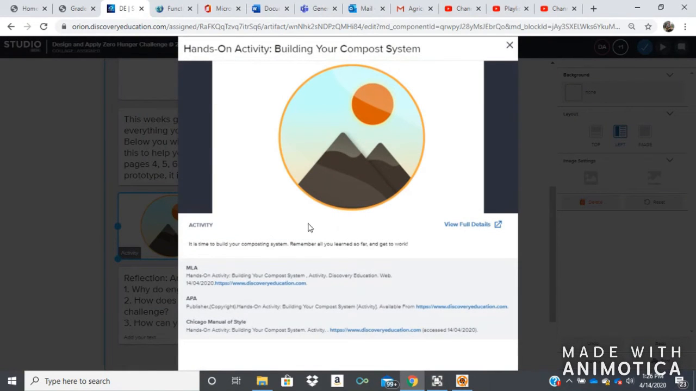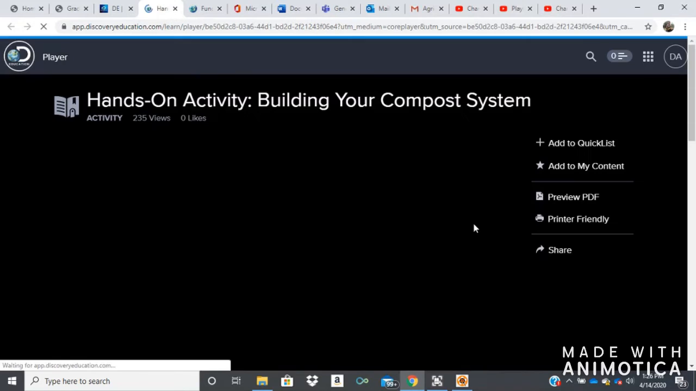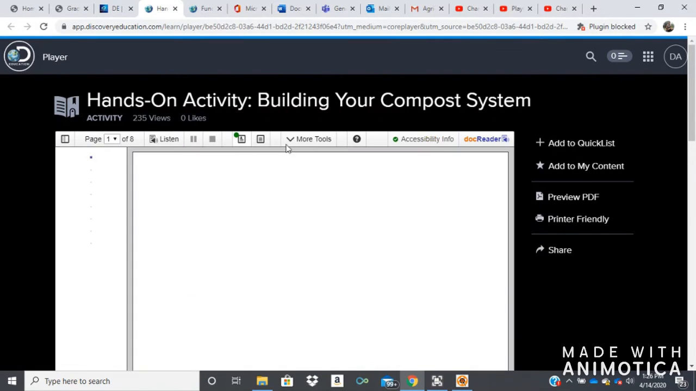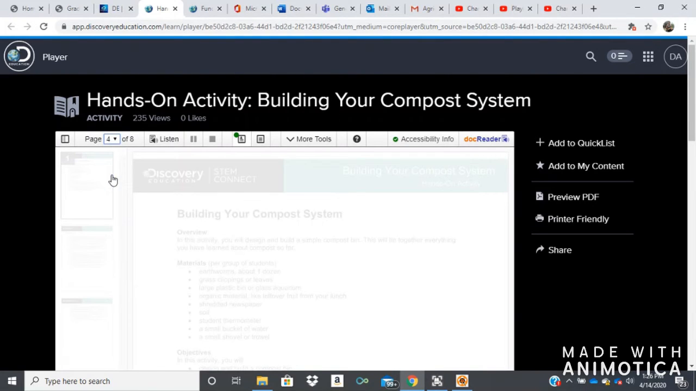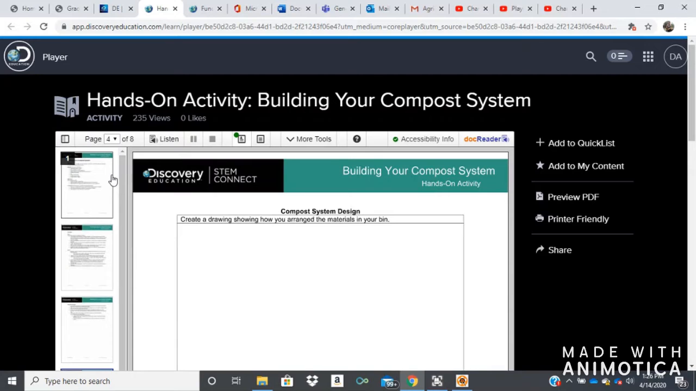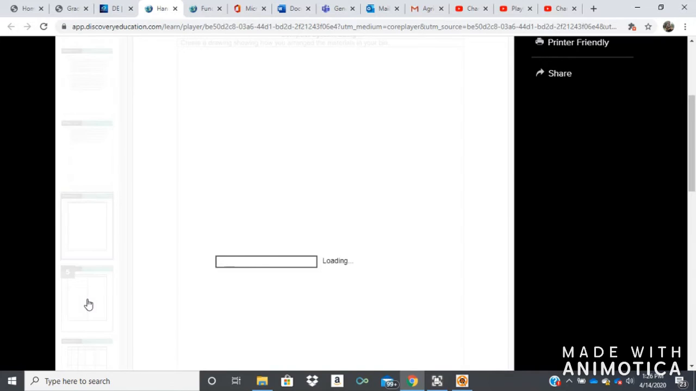So let's view this hands-on building your compost system. And remember, we're only looking at pages 4 through 8. So on page 4, you're going to create a drawing showing how you arrange the material in your bin, meaning your container for your compost, whatever that container looks like. Next,